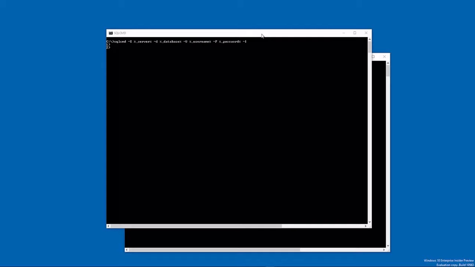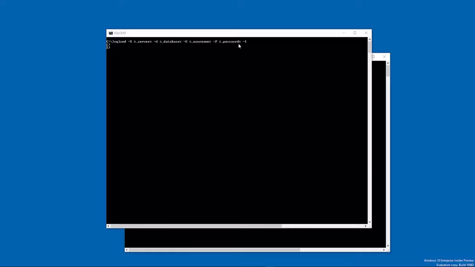Hi, in this tutorial we're going to walk through loading data into an Azure SQL Data Warehouse database using the BCP command line utility. The first thing we're going to do is create a table that we will load the data into. We'll do that simply by connecting to the data warehouse using the SQL command utility. In this case, I parameterize the server, the database, the username and password that you'll replace with the values